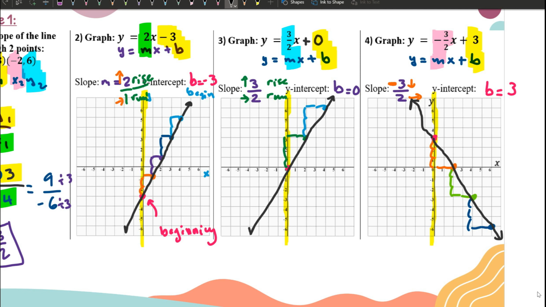I want you to try day 2. If Ms. Barker is in class, she can walk you through the problems. If Ms. Barker is not in class, you can do day 2 and hold on to it. We're going to talk about the answers when I come back. Okay, the next one is either the art string project or